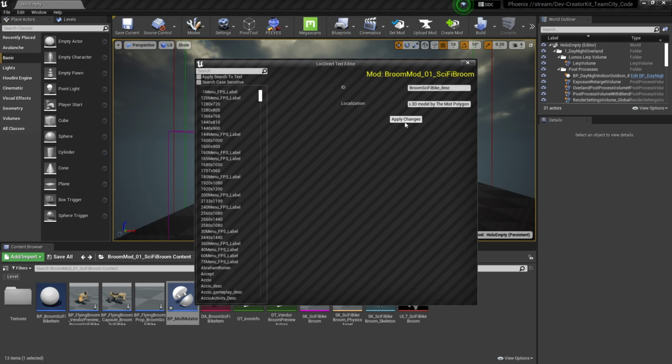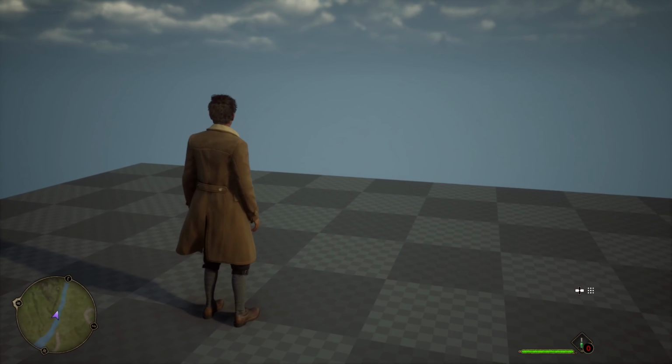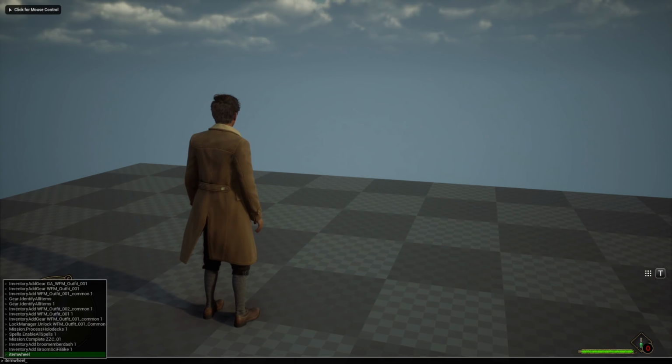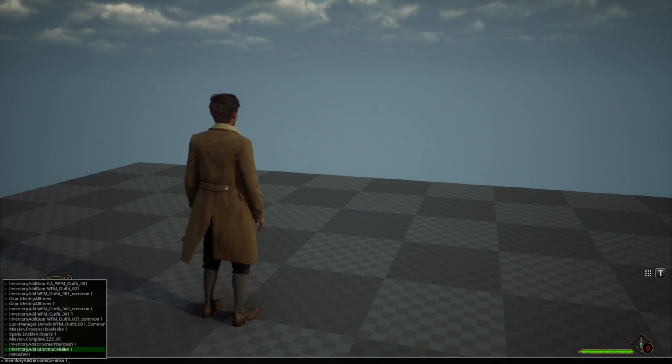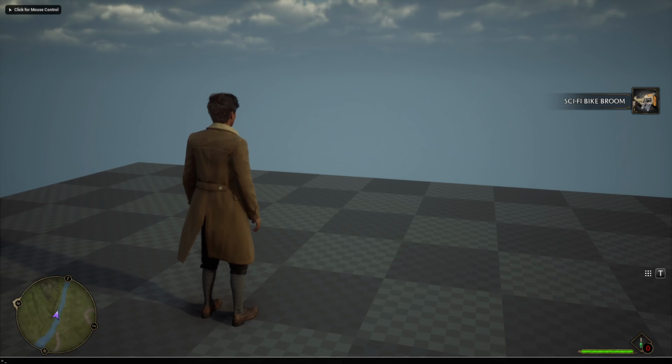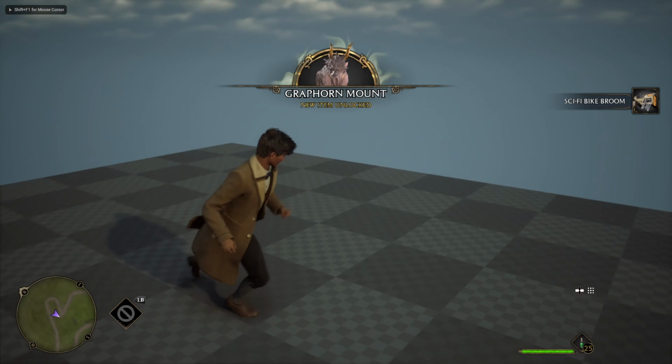And then I'll press apply changes to save that entry. And then to test our broom, I'm going to load into this empty level. I'm going to use the console command inventory add broom sci-fi bike space 1. And then I'm going to use the console command item wheel to allow me to use the broom in this level. So then if I open the pause menu and go to gear,